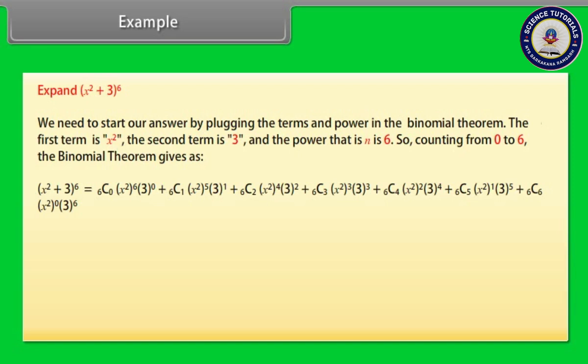raised to power 5 into 3 raised to power 1 plus 6C2 into (x²) raised to power 4 into 3 raised to power 2 plus 6C3 into (x²) raised to power 3 into 3 raised to power 3 plus 6C4 into (x²) raised to power 2 into 3 raised to power 4 plus 6C5 into (x²) raised to power 1 into 3 raised to power 5 plus 6C6 into (x²) raised to power 0 into 3 raised to power 6. After simplification, we get